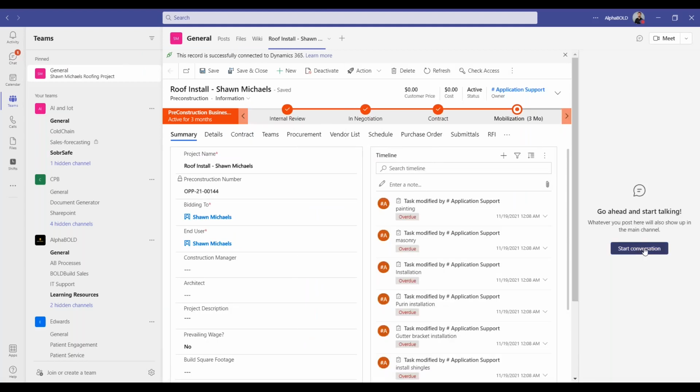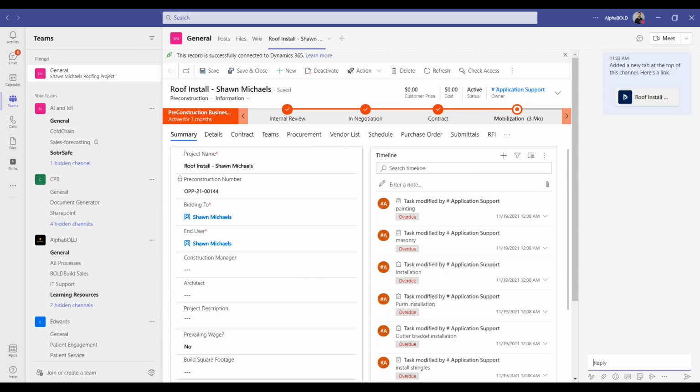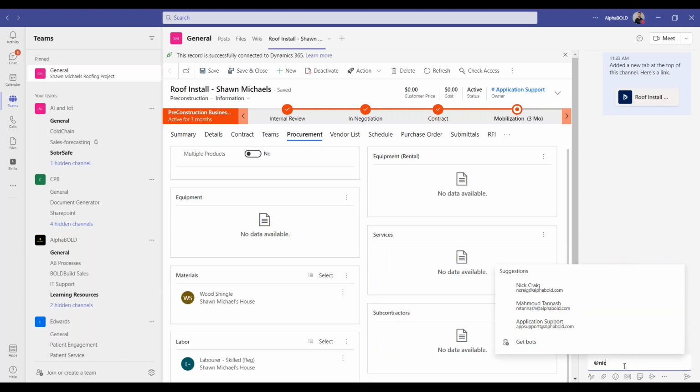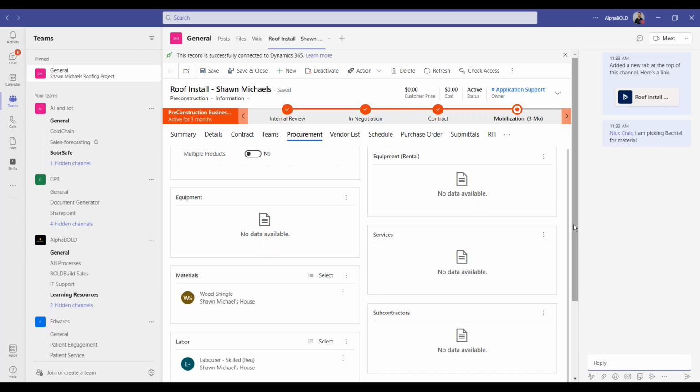So I can start a conversation here. Let's say if I go to the team, if I go to procurement, I can start asking Nick. I tag Nick and I say, I am picking Bechtel for material. So I can quickly collaborate. Nick can comment back on this and say, oh, I'm okay with that, or I'm not okay with that, whatever he wants to put in here.